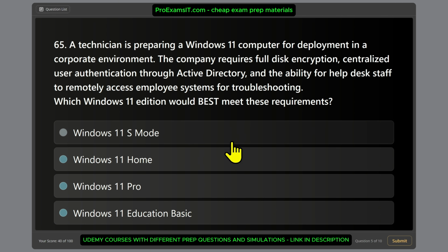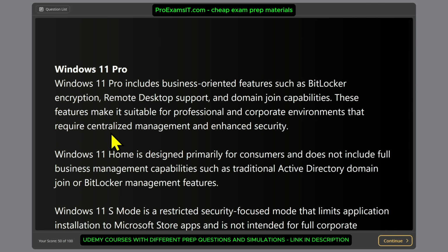This one is not so difficult. You need to know the versions for the exam, guys. But the main thing you need to remember is that if you have Windows 11 Home, you won't be able to join that computer to Active Directory. And basically, this answers the question because we are not going to use Home. We're going to use Windows 11 Pro here. 11 Pro includes all these features: business-oriented features such as BitLocker encryption, remote desktop support, domain join capabilities, and